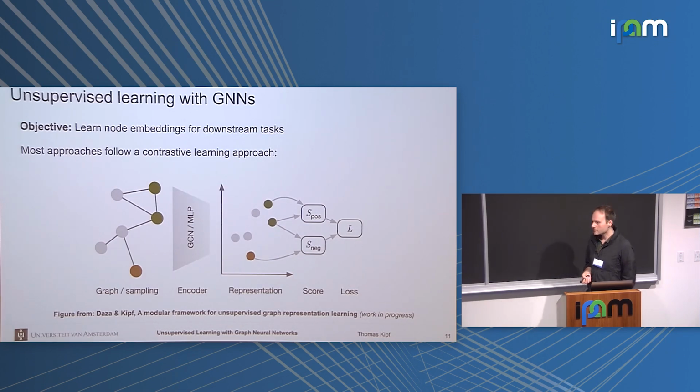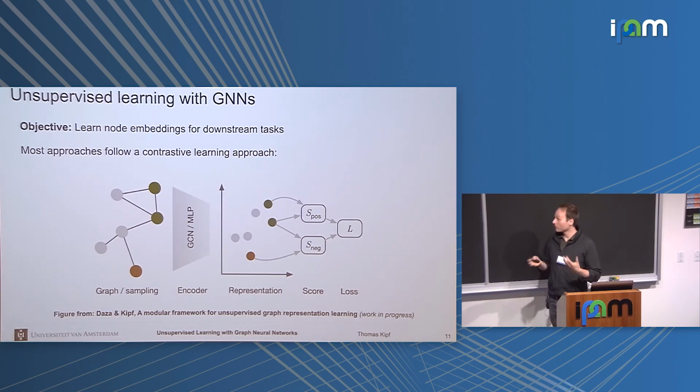And most recently published approaches here follow this kind of modular framework. And in the end, you have a contrastive learning approach. How this would look is you start with some kind of graph, then you would encode nodes in this graph according to either an MLP that only looks at the node itself, or some kind of patch encoder that looks at the neighborhood. You embed it into some kind of space. This representation you can choose freely. It could be just a Euclidean space. You can embed things on a hypersphere or in a hyperbolic space, or you can represent things as Gaussian distributions or point clouds. So it's only up to your imagination what you put here.